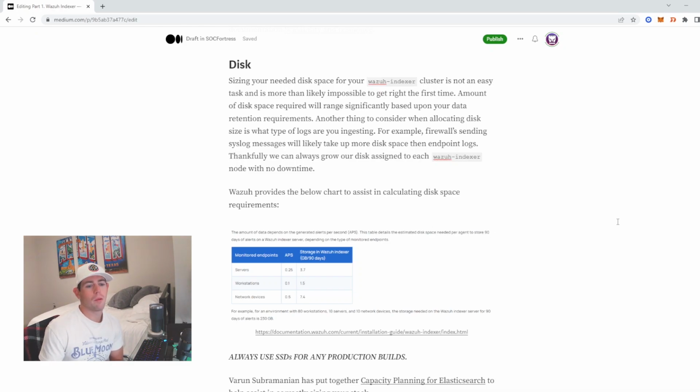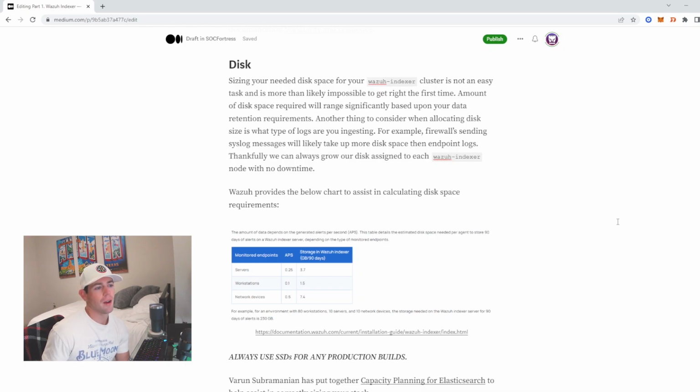Depending on the number of endpoints you're collecting logs from, the number of firewall or other network devices you're collecting logs from, and also your data retention requirements, it's really hard to predict, okay, if I want to store 3 months of hot data, I need 2 terabytes of disk space. It's hard to get that right the first time,